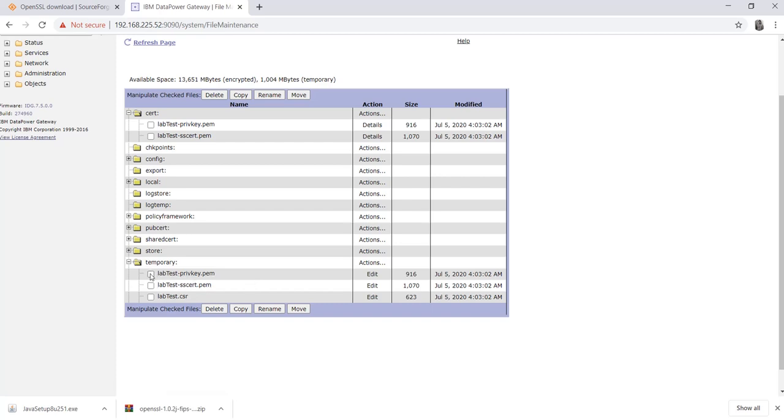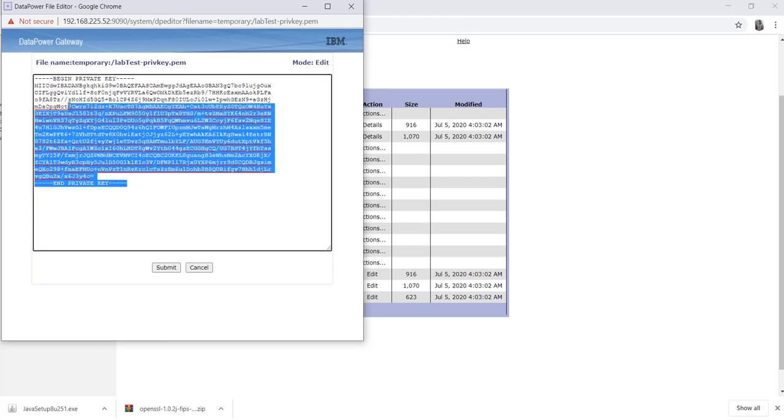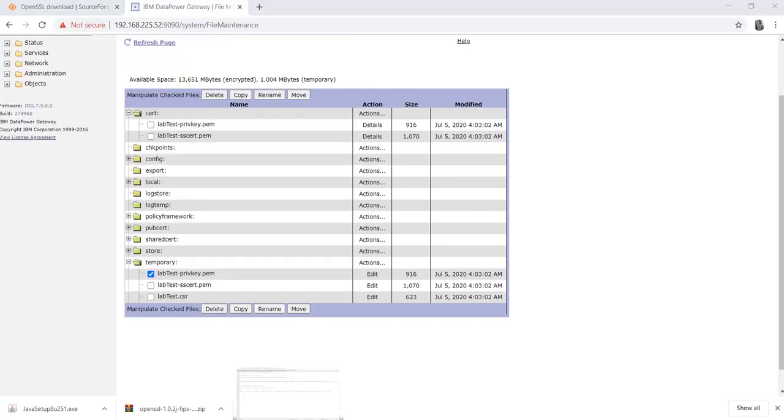We'll click here and click on edit. If you look at that file, you can easily see that this is the private key, begin private key, and this is end private key. So we'll copy the complete content of the file. Okay, cancel. We'll go to a text file.